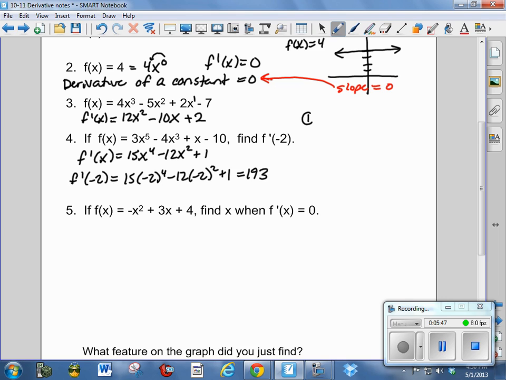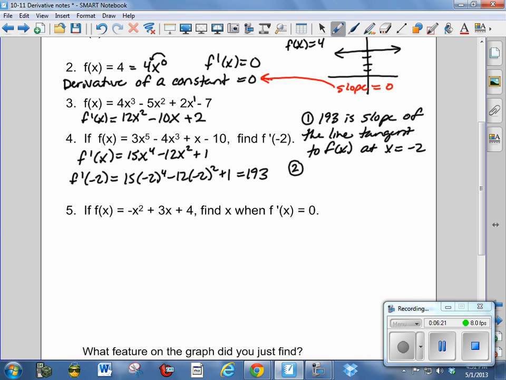First interpretation, that 193 is the slope of the line tangent to f of x at x equals negative 2. So that means when we're looking at that graph, when x is negative 2, that graph is very steeply sloped in the positive direction. Number 2,